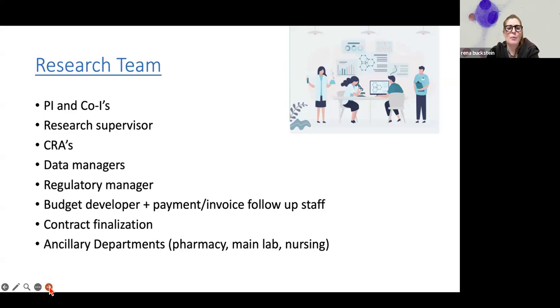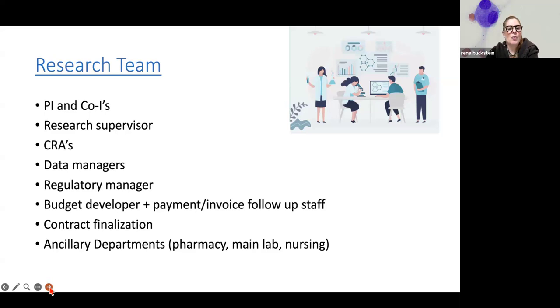It's always helpful to have a research supervisor who's supervising your overall research group. Now, depending on the size of your group, your research supervisor may also be your CRA and data manager. But if you have a large enough group, and hematology does have a large group because, as you know, hematology is many different cancers, and we have 10 hematologists at the Odette Cancer Center, so we have a big staff compared to some other sites, it's always helpful to have a research supervisor to, well, we'll talk about his or her roles in a second,